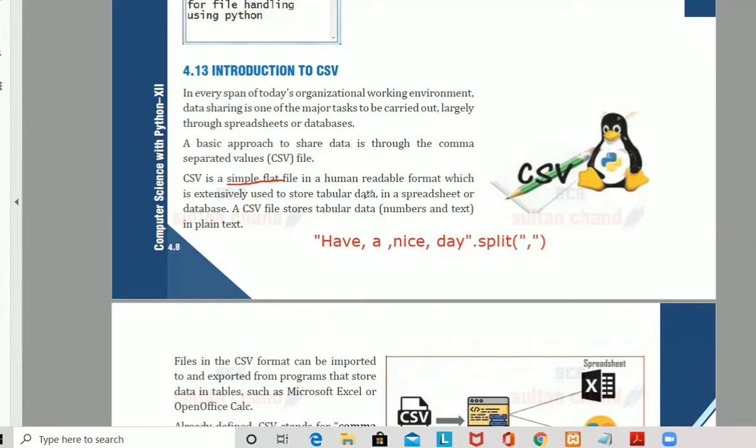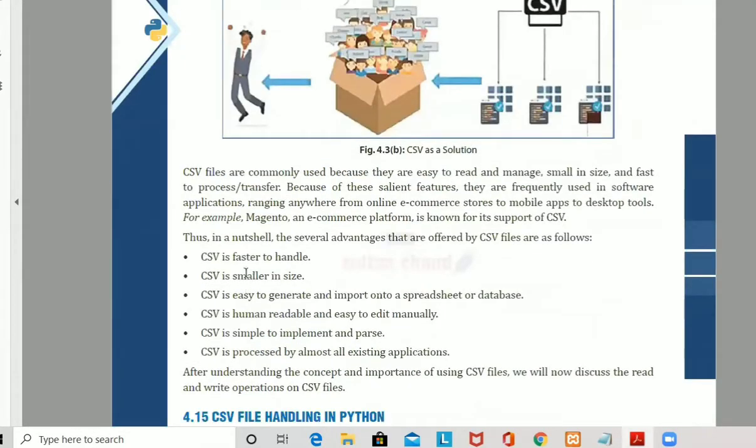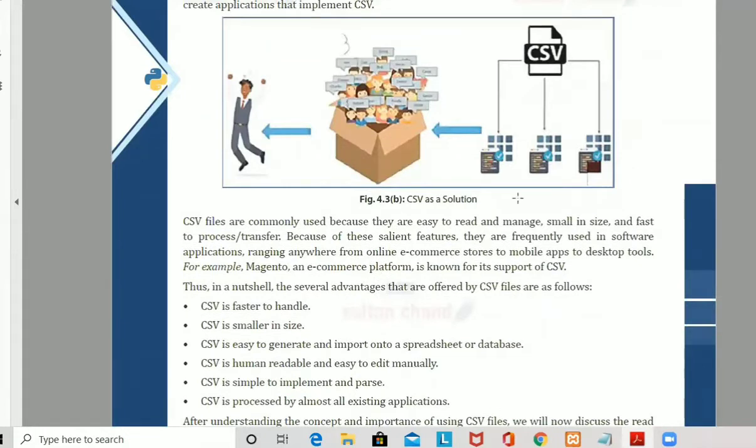Whatever we can store in the form of a table, we can store it in the CSV file, in a spreadsheet, or in a database. Which means that whatever CSV file we are having, we can import it and we can store all the data into any particular database. What are the advantages? We have the advantages as it is very fast to handle. Whatever data is being stored in comma separated value, it is faster compared to binary file or images or some other type of storage. Okay, even in the text, if you are storing, and also compared to all other files, it is going to be in a smaller size, right?